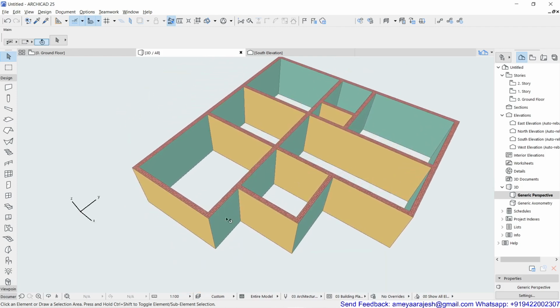Obviously, the next task is going to be how to actually keep these walls in the right order. That means this part of the entrance wall and this side should be for the external face, inside face, and so on. So we are going to break these walls, and we are going to see the correct placement of these walls also.